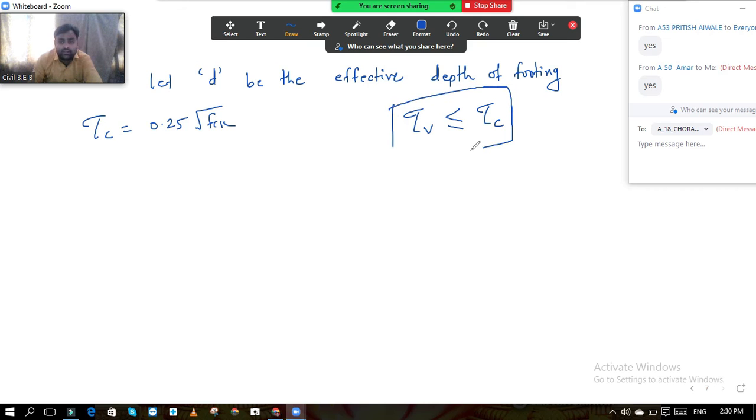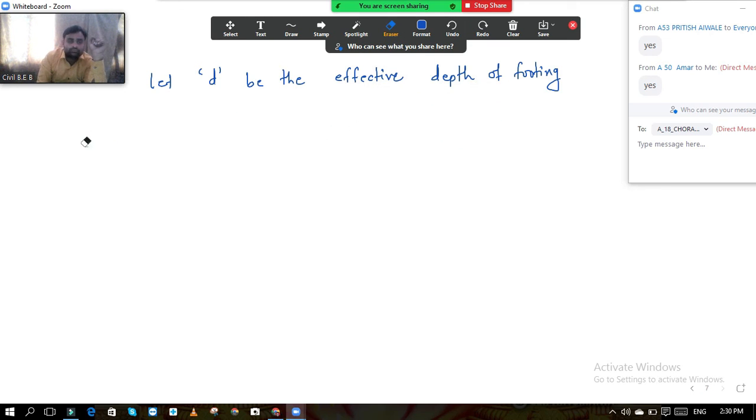We have already studied this in DCS 1. Nominal shear stress means the shear stress that is developing in that beam or that structure, and it is denoted by letter tau v. Okay, and what is the permissible shear stress? This permissible shear stress is calculated using this formula, and this value of tau c is the permissible. Permissible means allowed, the value should not go beyond that. That is the allowed limit. So the developed shear stress should always be less than or equal to the permissible shear stress. Okay, so the same things now I will write clearly and neatly.